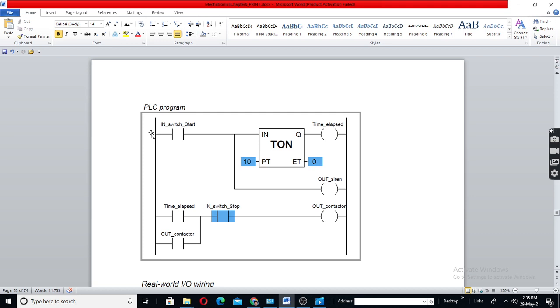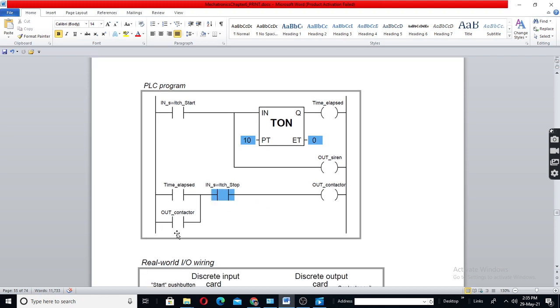Suppose for operation of one instruction, one line, one rung, it takes some 2 milliseconds, and next 2 milliseconds. So when you switch on this, in case of continuous updating, as soon as you switch on, within 2 milliseconds this will become on.